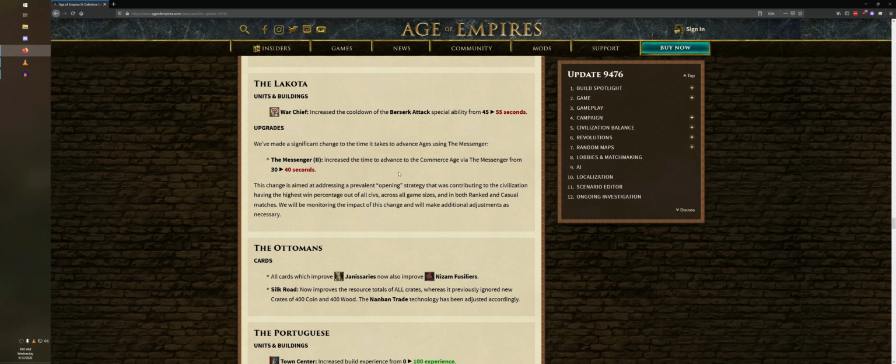I'd be curious to see what the numbers are at each respective point in relation to ELO, but I don't feel like Lakota would be overwhelmingly high in its win percent. So that's still curious, though. I think overall this is a really good change, because the messenger was just ridiculous when you're aging up to